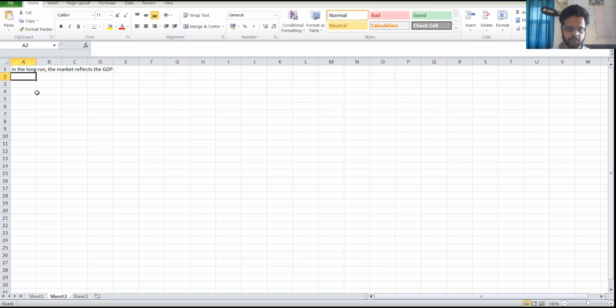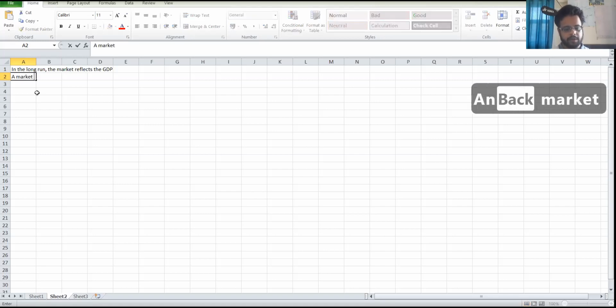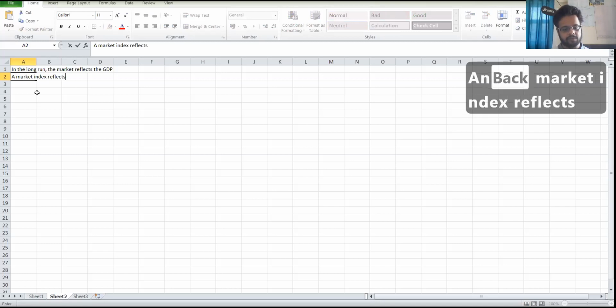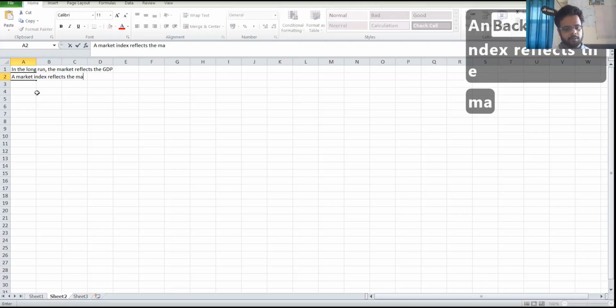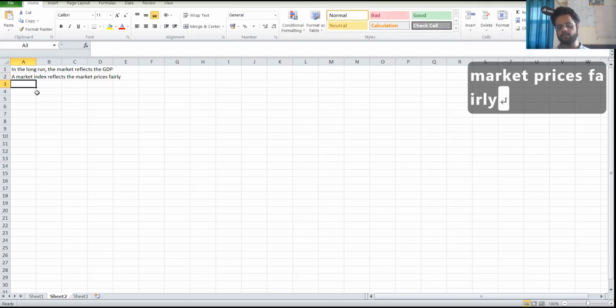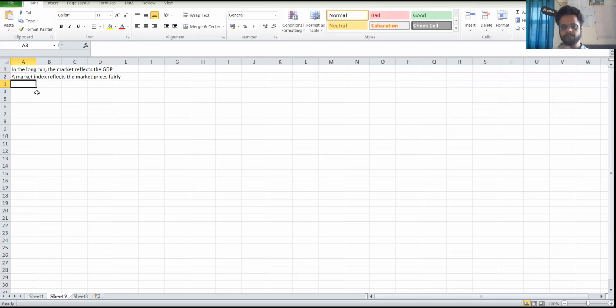So our second assumption is that a market index reflects the market prices fairly. Now, sometimes we have seen a divergence between the small caps, the mid caps, and the Nifty. We're going to assume that they all work in tandem, and in the long run, meaning a period of minimum 5 years,